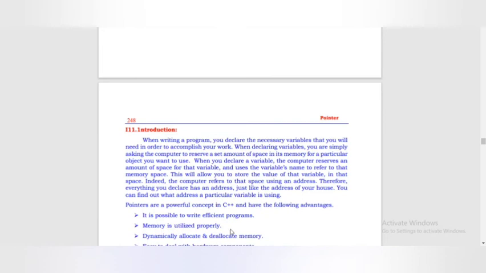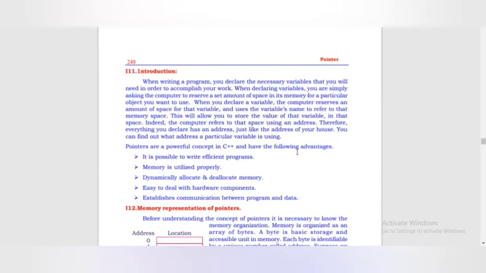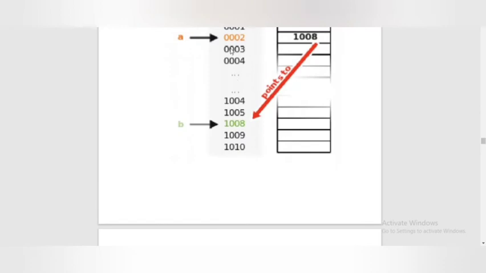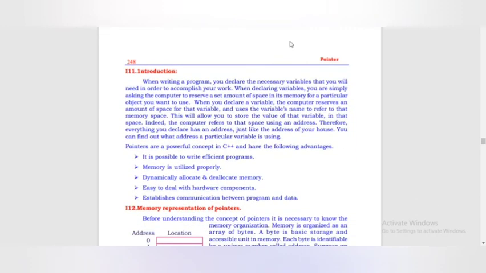This allows you to store the value of that variable. That address helps to store the value of that variable. So this address 0002 is going to help the variable store this content. The computer refers to the space using an address. Therefore, everything you declare has an address. If I declare any variable, it must have a particular address, just like your home address.